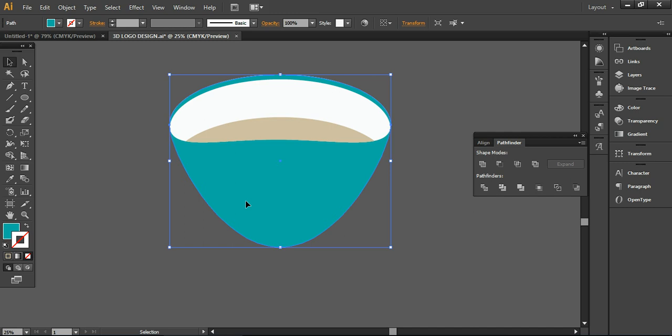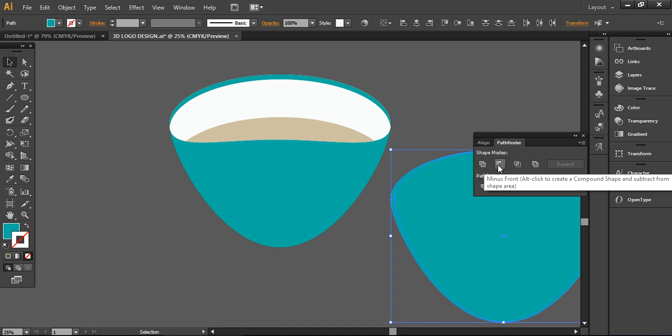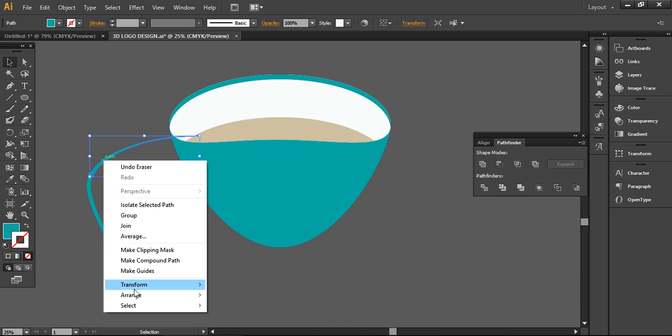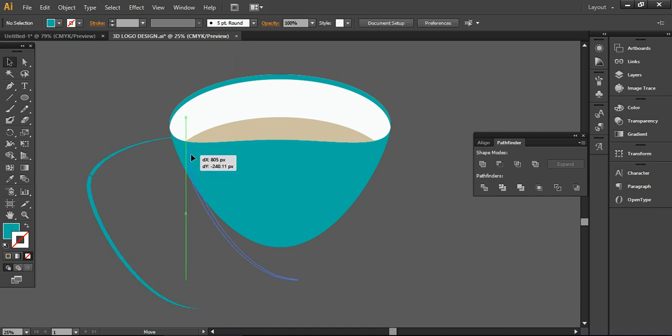And now we are simply taking this one from here, and here you can take a copy of this again, and this time we are going to create another copy of this, and now select them together and use Minus Front, so you will get these shapes here. So I'm simply taking this one from here and removing it here. I'm taking this one